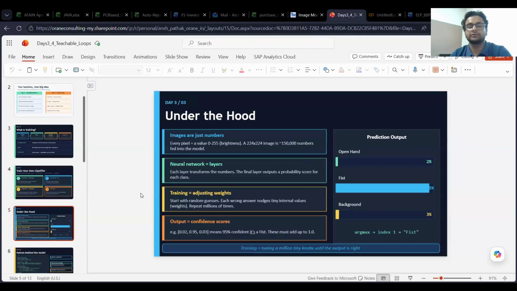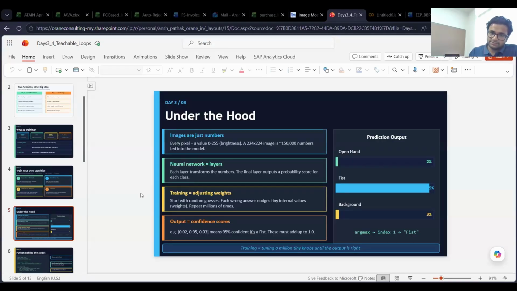Okay. So under the hood, images are just numbers. Every pixel has a value from 0 to 255, which depends on the brightness, and it also depends on how big the image is. Like for 224 by 224 it will be 0 to 255 for brightness, but for larger images, it might vary as well. And neural networks are basically layers.